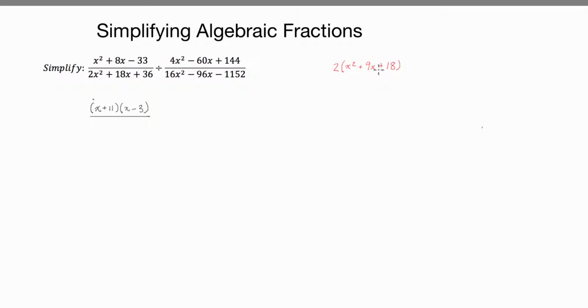And we're trying to simplify, so we'll try and factorise the inside bit. Two numbers that multiply together to give 18 and add together to give 9 is 6 and 3. So this is going to equal